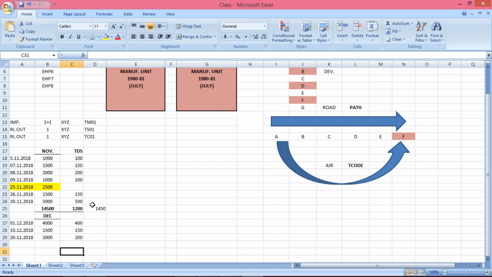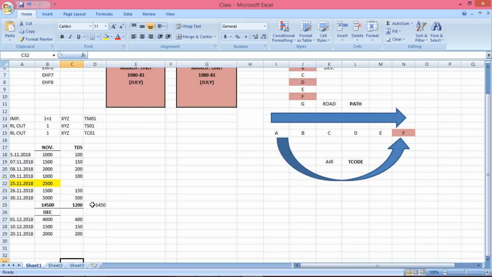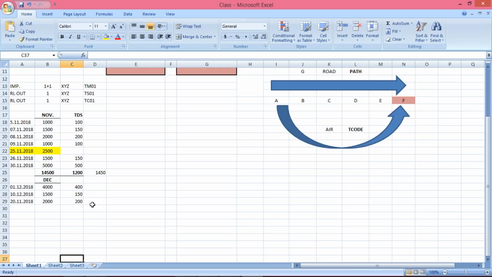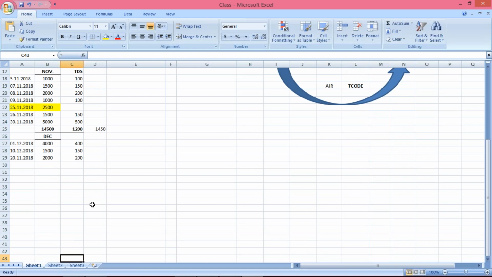In SAP, it is not possible to make such a kind of mistake because in SAP we have a functionality called open and close posting period. Okay, open and close posting period. Open and close posting period means what? We have a functionality that,